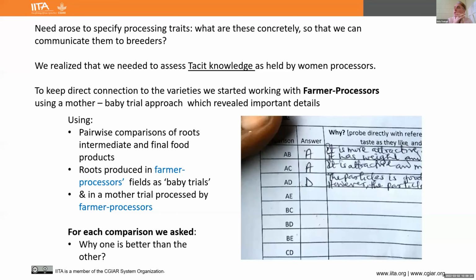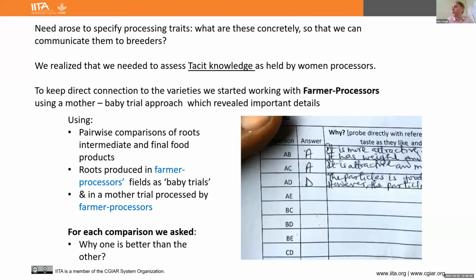So to keep the direct connection to varieties, we started to work with farmer processors in 2 locations through a mother-baby trial approach. So we had a mother trial and baby trials in farmers' fields. In each location, we had 20 of those baby trials. And the mother trial was processed with champion processors, and the baby trials were all farmed and also processed by the participants.